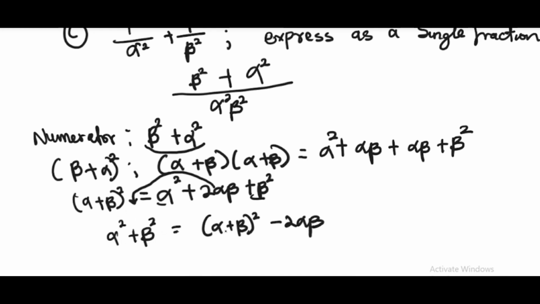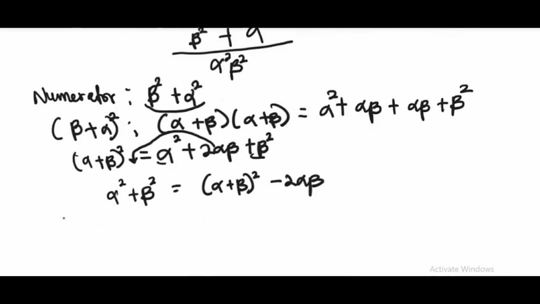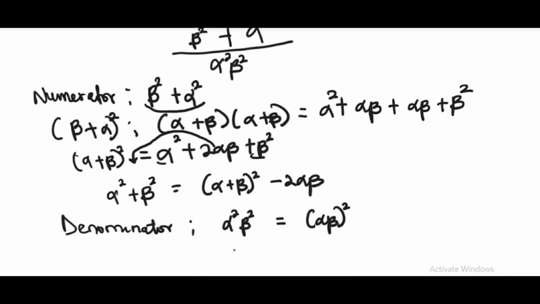You see why we need to get this and this, right? Now, why am I writing this? If you already know how to derive it, that alpha squared plus beta squared is alpha plus beta all squared minus 2 alpha beta, you only put it there and substitute. Now, for the denominator, alpha squared beta squared is the same as alpha beta all squared, since they are all squares, right? Good. So you see, our fraction is going to be this beta squared